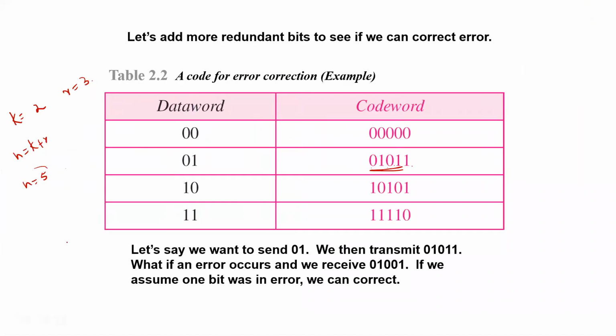First and foremost, it will compare the received code with the first code word in the table. We are actually sending this, but the error occurs and it is transmitted as 01001. Now it will compare this with the first one, that is all zeros. The receiver decides that the first code word is not the one because there are two differing bits. So now we are comparing the error code word.